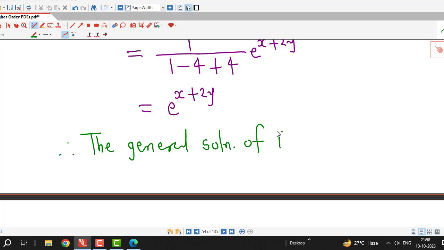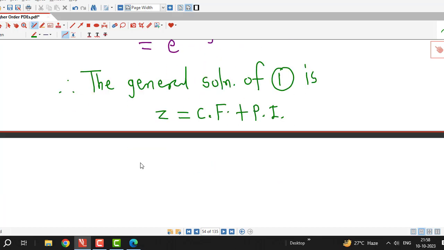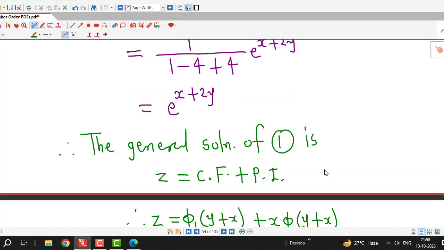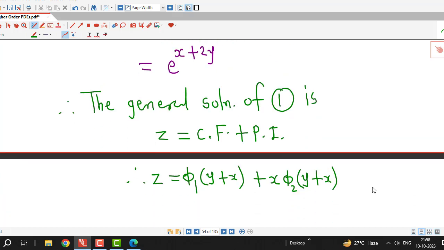Therefore the general solution of 1 is z equal to complementary function plus particular integral, and therefore z equal to an arbitrary function of y plus x times another arbitrary function of y plus x, and the particular solution is